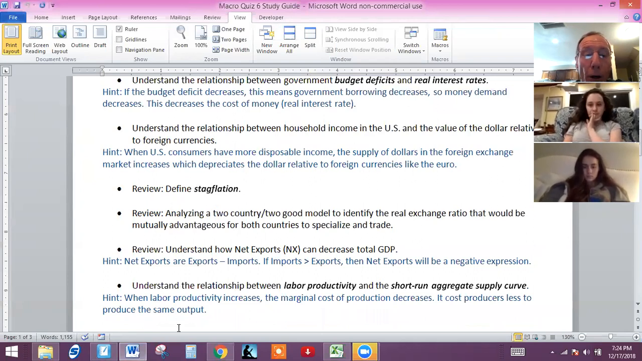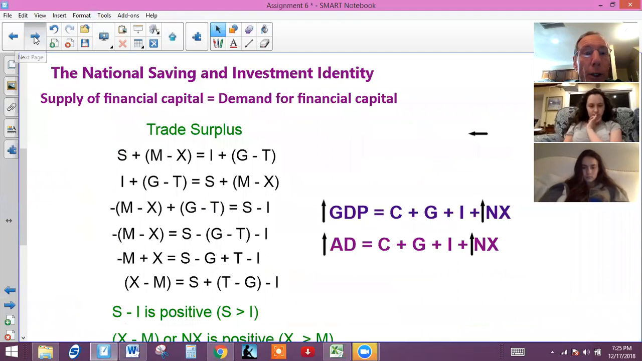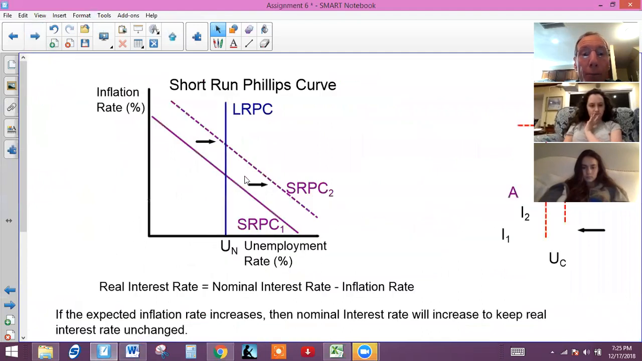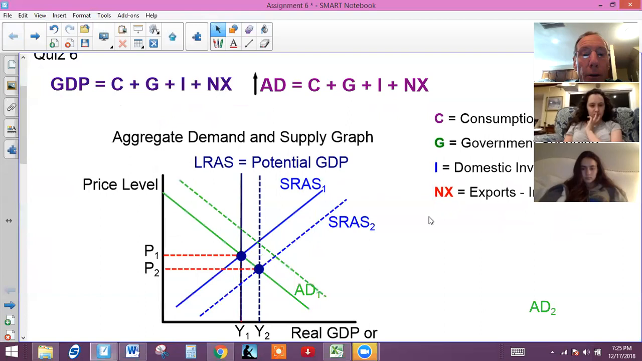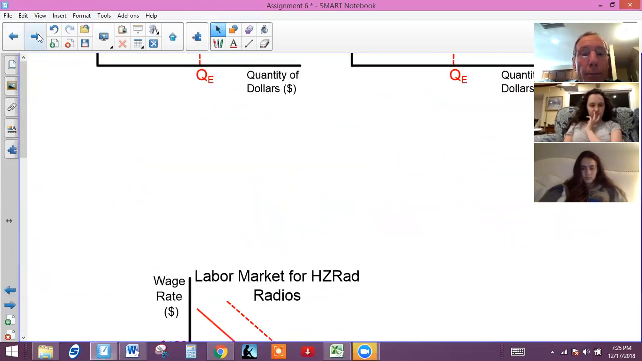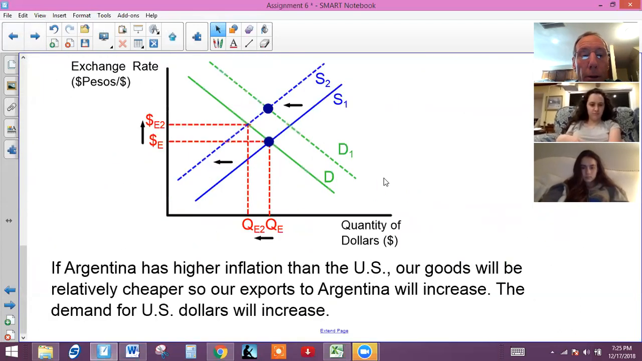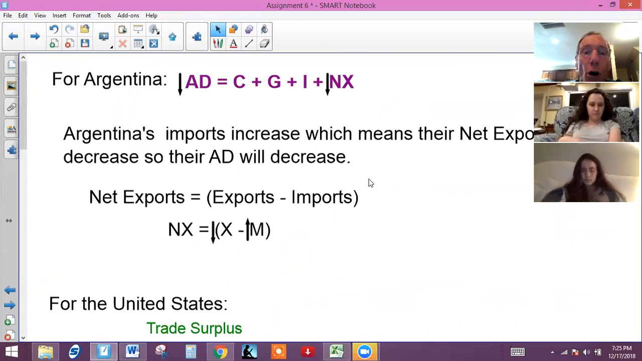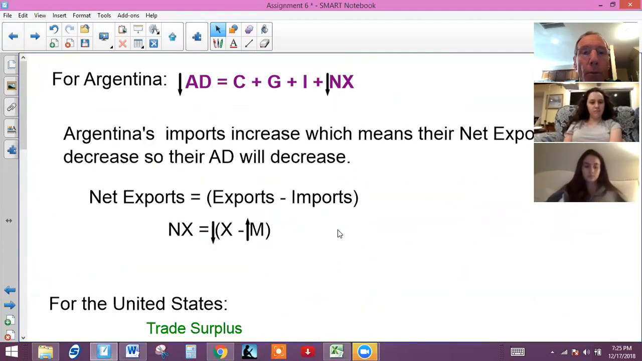So if you think about the Phillips curve and the aggregate supply and demand curve, I hope I've got it in here somewhere. Let me jump back over here. No, anyway, it doesn't matter. What's going to happen is,